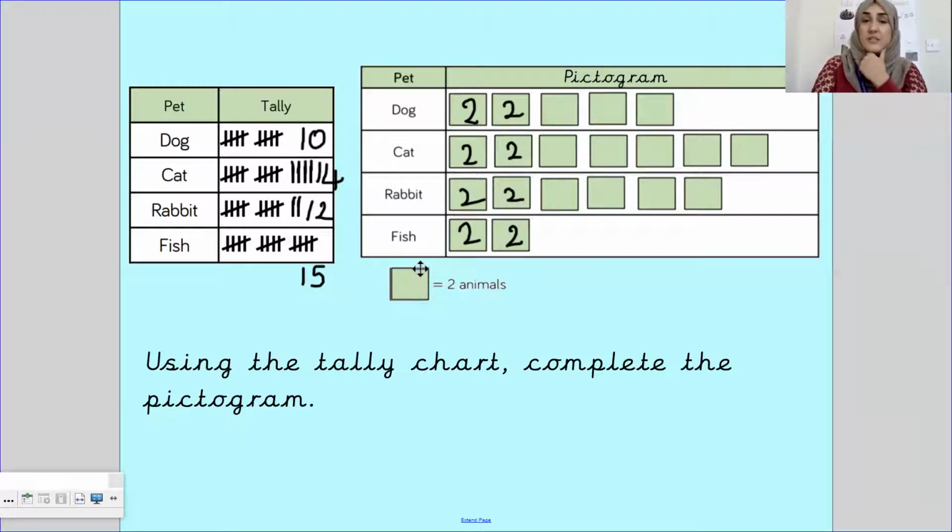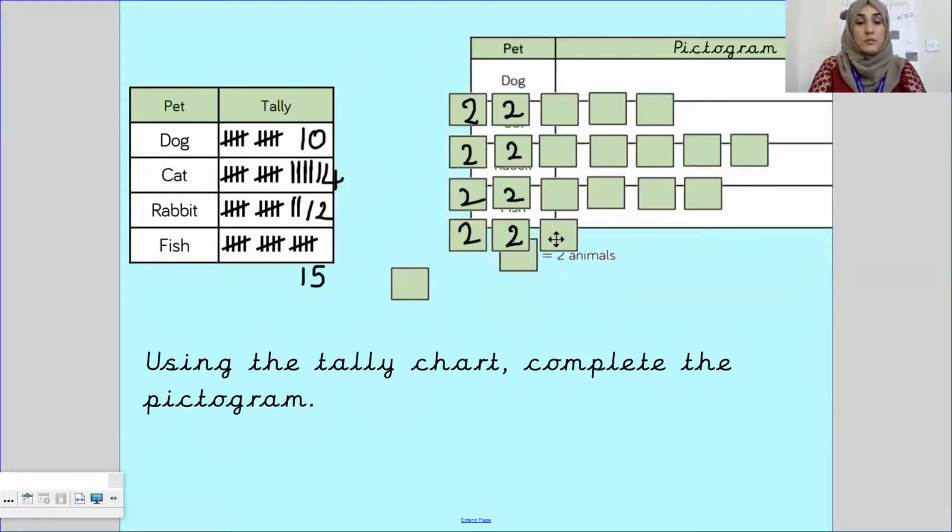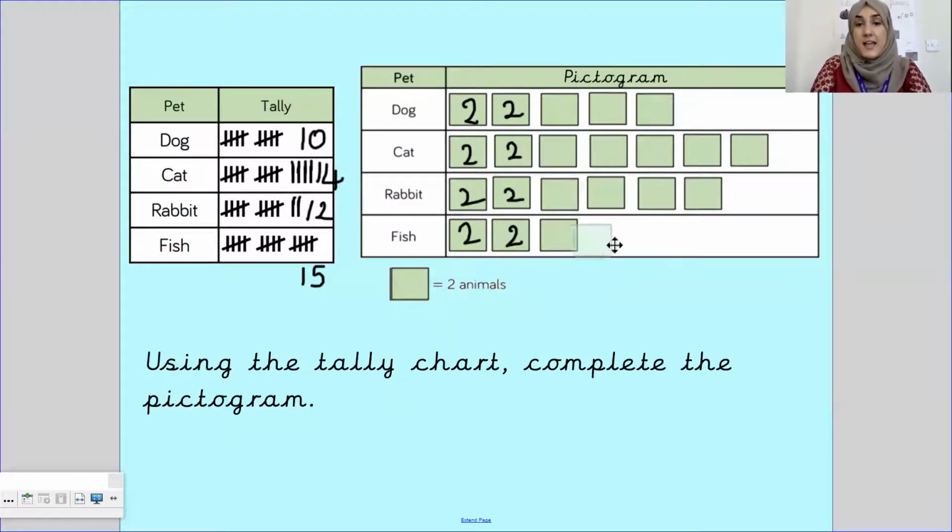Fish. It says 15. I'm not sure about this one. Let's see. Come on, let's try. 2, 4, 6, 8, 10, 12, 14. Now, hang on. If I add on another square,